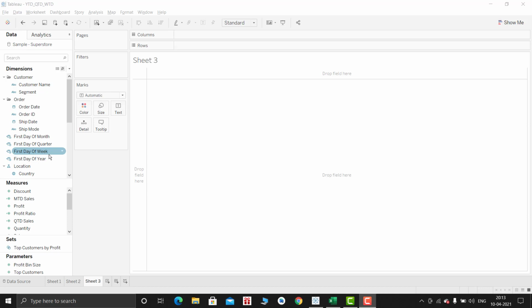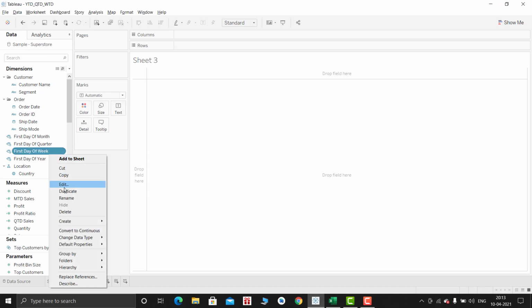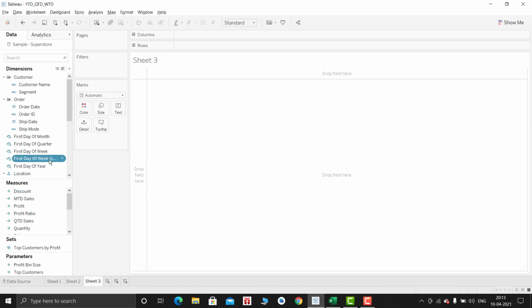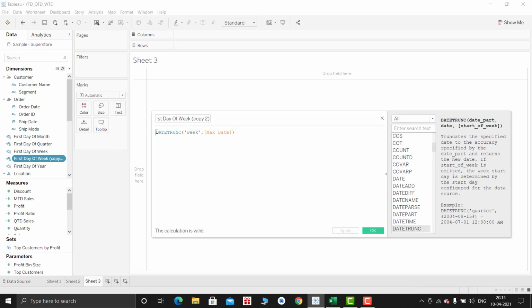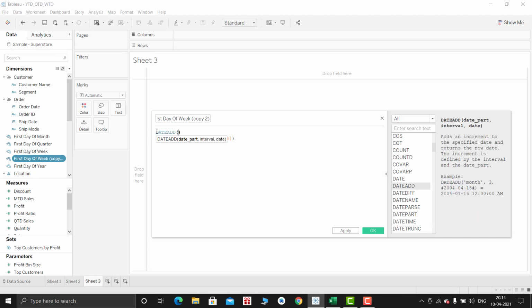So first I will be creating previous week till date calculations. For that I need the first day of the previous week. So just duplicate it, and what you need to do is edit, use the date add function. In week you will be adding -1. That's it. And in the section of date I will be putting the date.